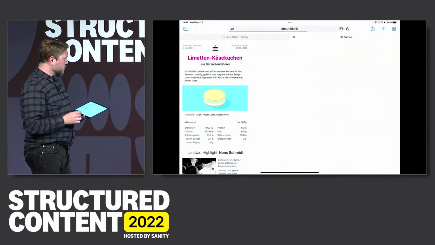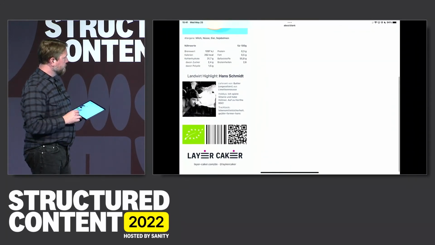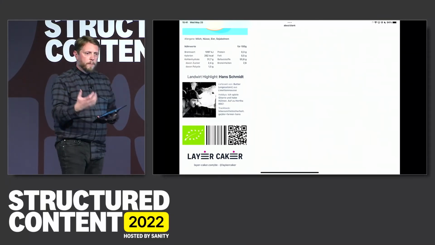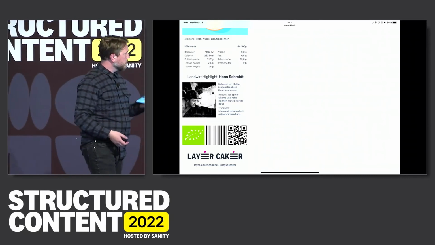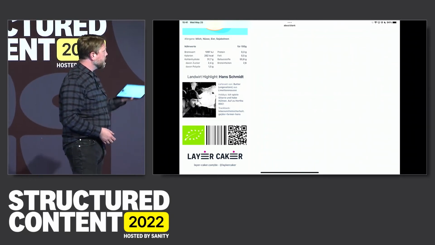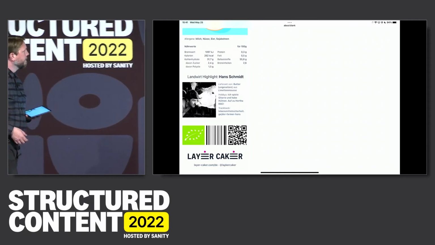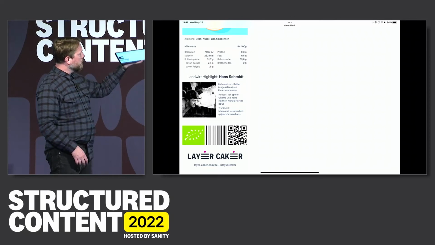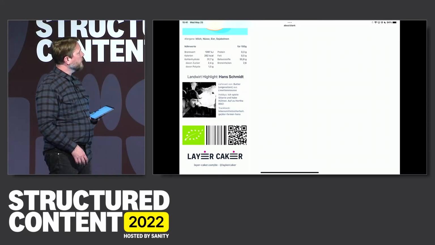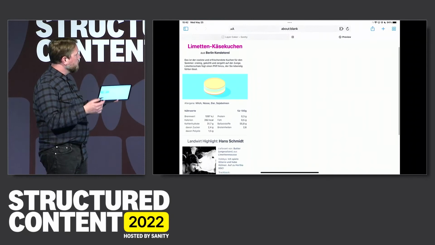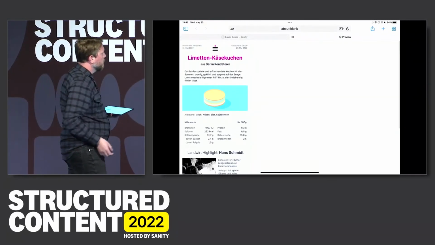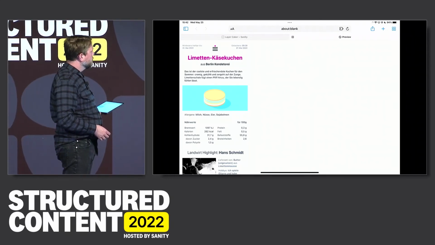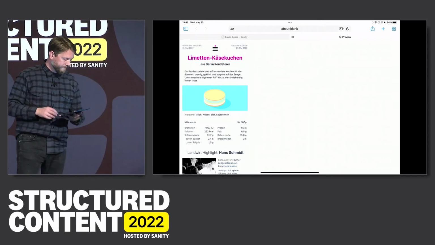Let's take a look at the packaging label. There's Hans and his cow on the packaging label of that particular cake in that region because he delivered the butter that went into it. And we can tell that story right there. Doesn't need to go on the web page, doesn't need to go anywhere else, but it's there connected to the rest of the content that makes up this cake. All the other fields you'll recognize that we built up during this scale. All the nutritional information is all in German, of course, because we're in Germany now.